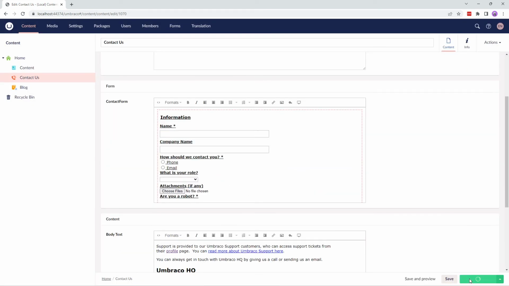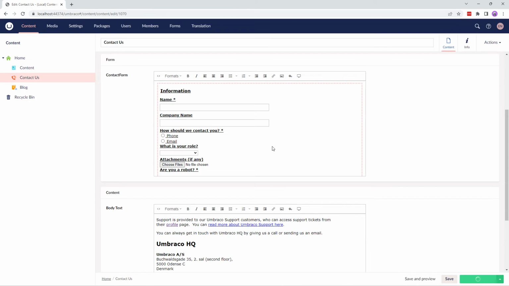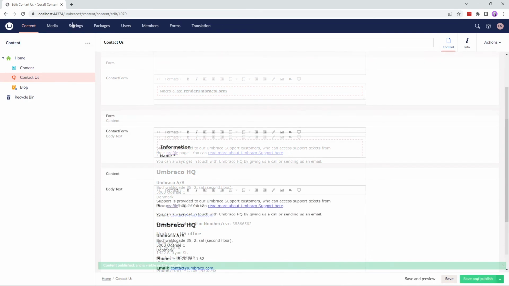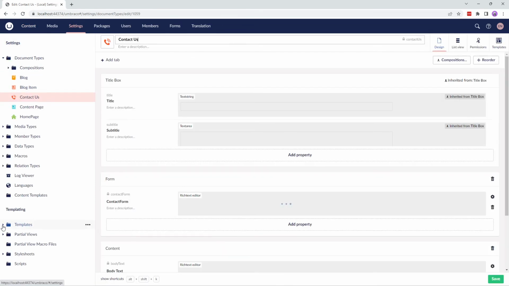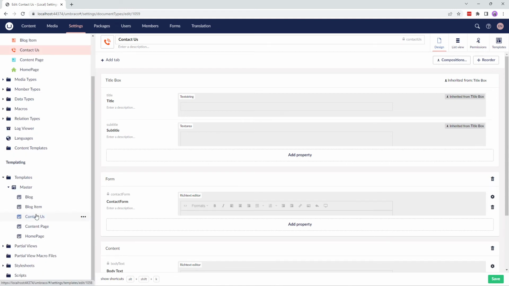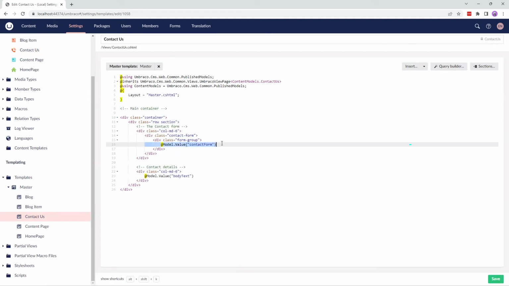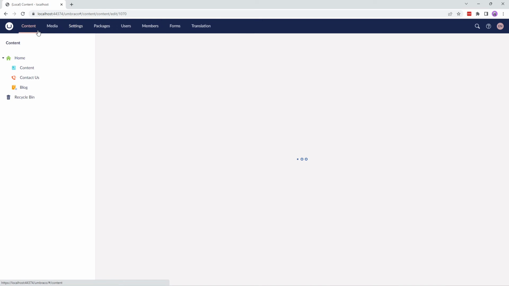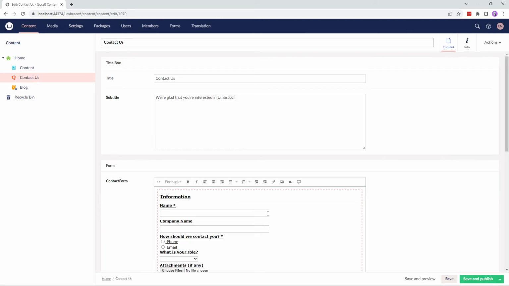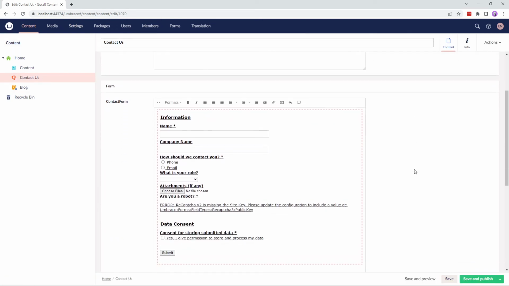Now let's save and publish the content node. Cool. Moving on, in the settings section, in the Contact Us template, I've rendered the contact form and the body text properties.